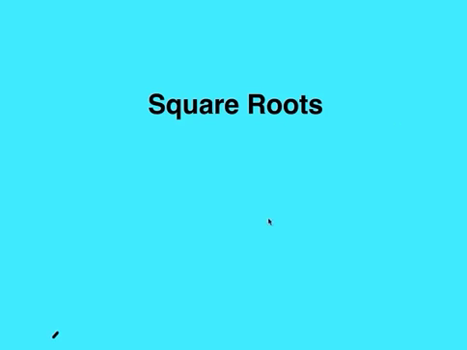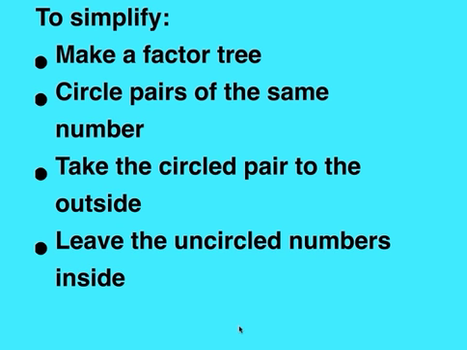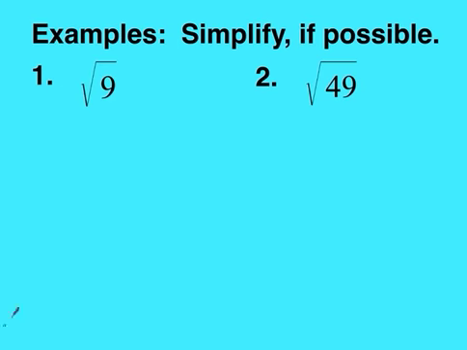In this video, we'll talk about how you simplify square roots. So to simplify a square root, first you're going to make a factor tree. Then you're going to circle pairs of the same number, take the circled pairs to the outside, and leave the uncircled numbers inside. So what that's going to look like with the square root of 9,